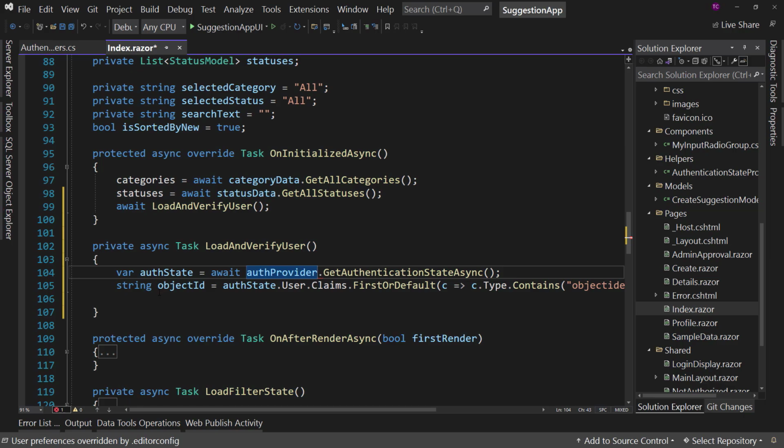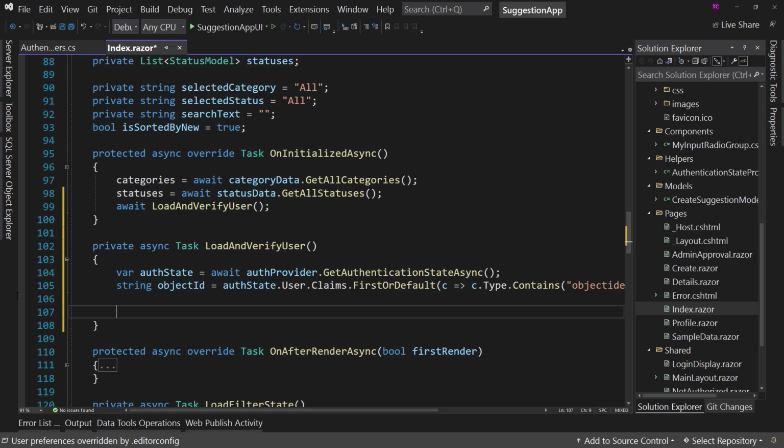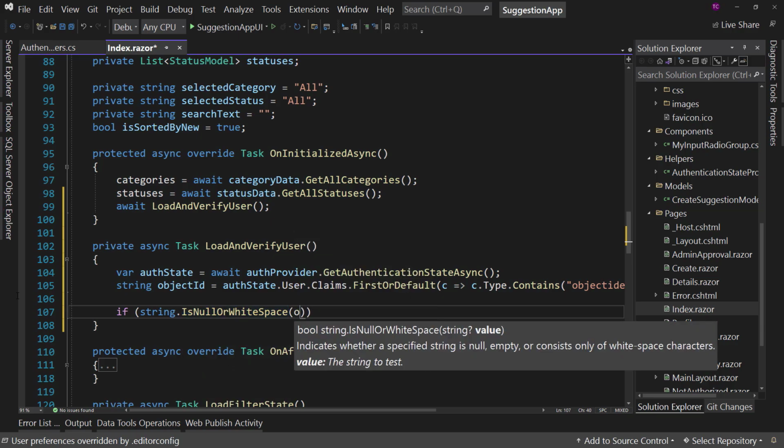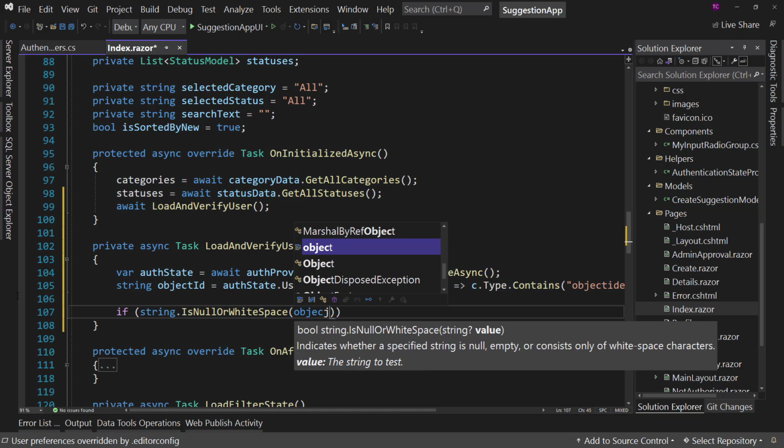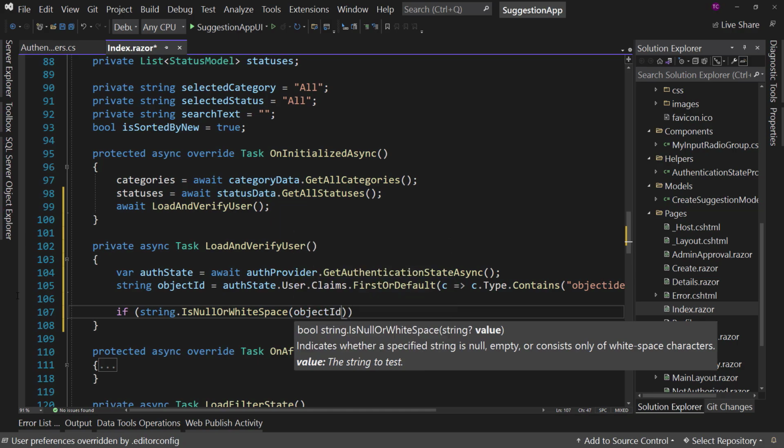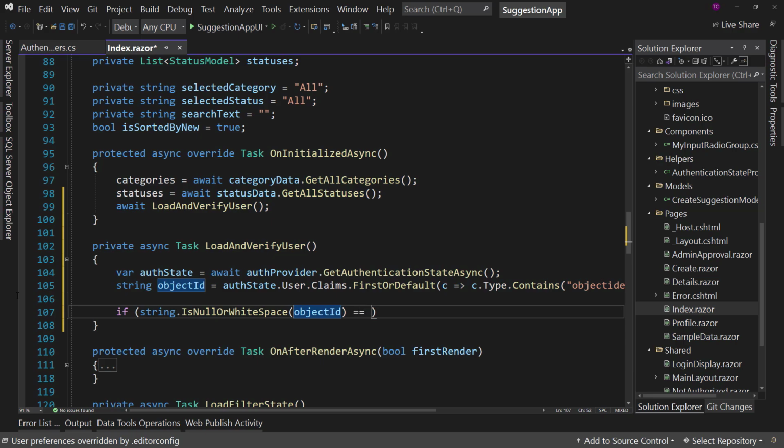We're going to redo this code, but this time we're going to grab just the object ID. And I'm not sure why this is all messed up with my tabs. There we go. But anyways, we're going to just get the object ID, not actually get the user. So if string.IsNullOrWhiteSpace object ID equals false,